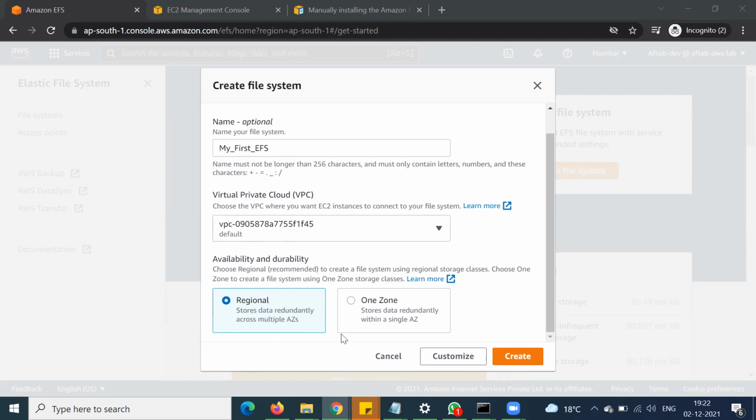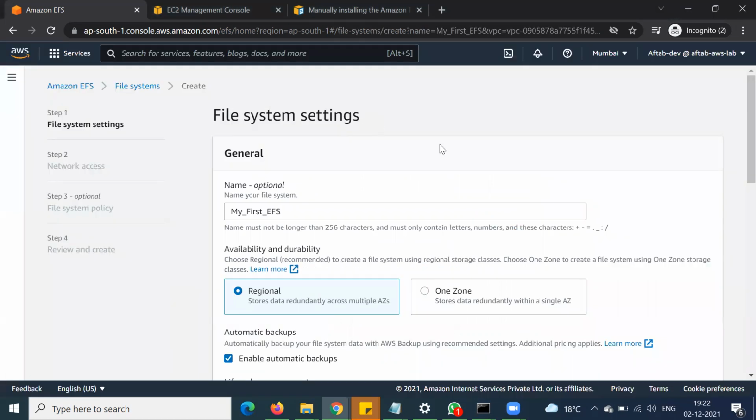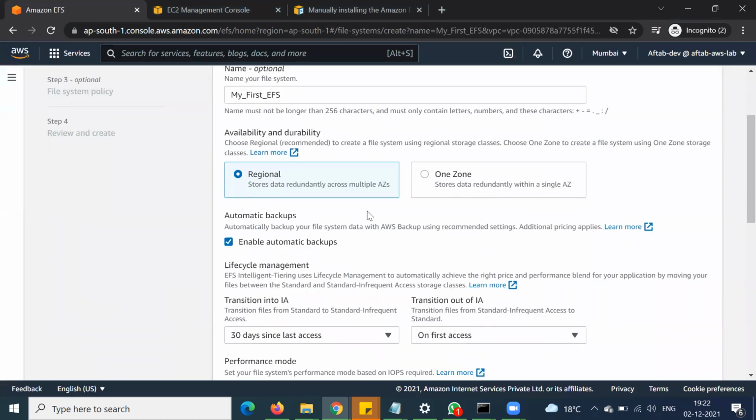You can read this here. If we want to create it without customization, we can, but let me show you how we can edit and customize this file system. So click on customize. Here, my first EFS, and it should be regional EFS.